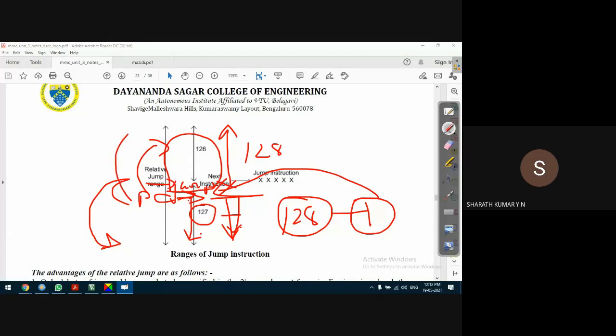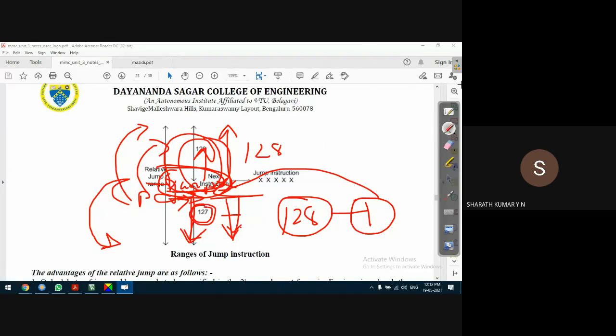If it is a backward jump, the jump instruction is also considered, so maximum it can take 128 locations. If it is a forward jump, the jump instruction will be skipped because it is already executed. So with reference to PC, maximum forward jump is only 127 locations.